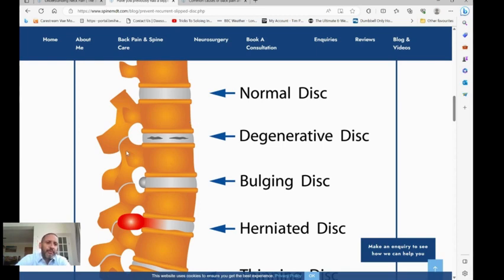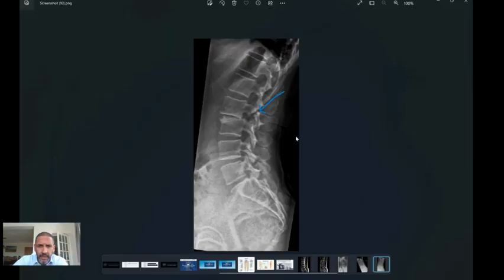The other form is a simple degenerative spondylolisthesis, where the joint capsule itself just wears down, the straps that hold it together, the ligaments weaken, and over time the bone starts to slip forward. Here is an example of someone I recently treated with a spondylolisthesis, an isthmic spondylolisthesis. So you can see here on her x-ray, this is the front, this is the back this time round. This bone has slipped forwards relative to the bone underneath it. And you can see here a defect across this bone here called the pars, which has allowed that over time